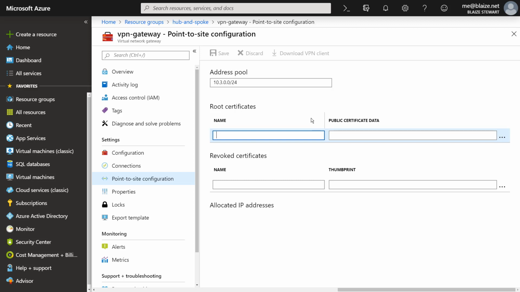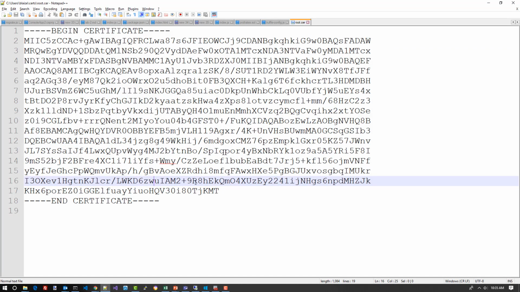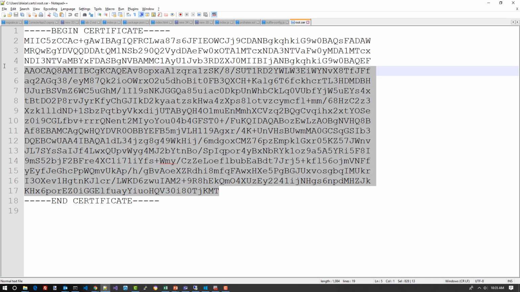Now, there's any number of ways to generate a root certificate. The main thing you'll want to have, though, is a root certificate that is in the base64 encoded format. So basically something that looks like this. And this is my root certificate that I generated for this demo. And you can use any tool like OpenSSL to do this, some online tools, or even some PowerShell commands to